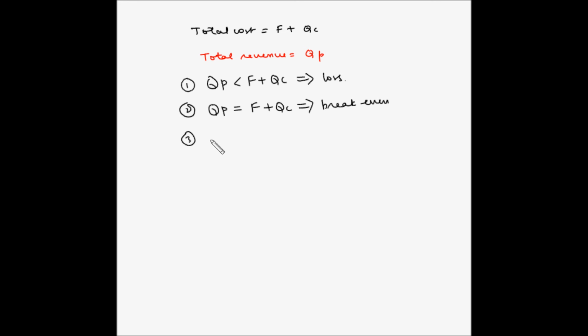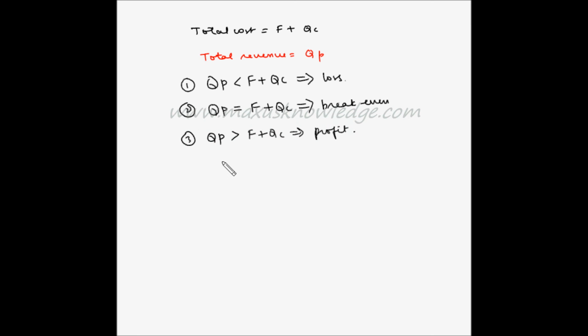And as it continues to produce more, the total revenue will exceed the total cost. And that will be a situation of profit. So the break even point is the point where your total revenue has become equal to your total cost. That means you have produced enough that if you sell all of it, then you will recover your fixed cost